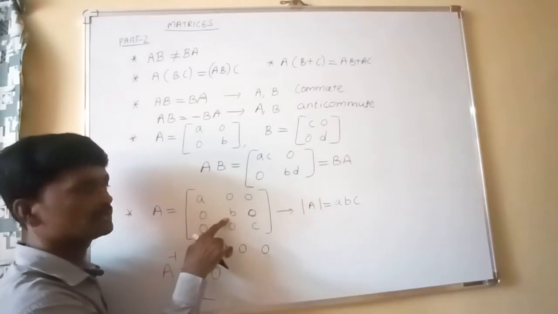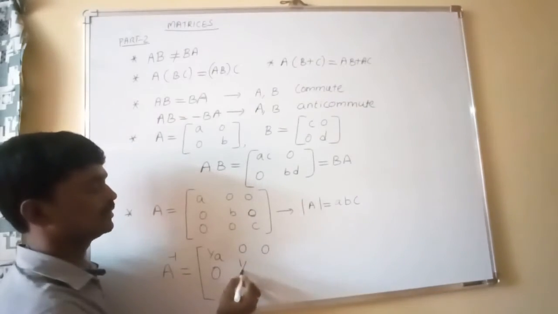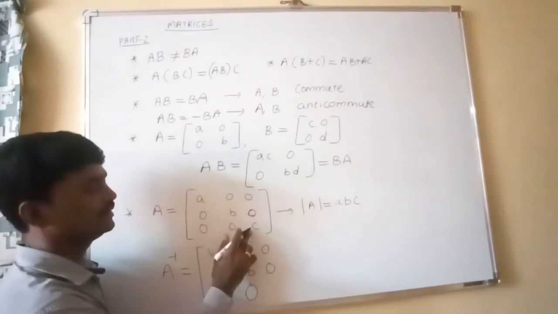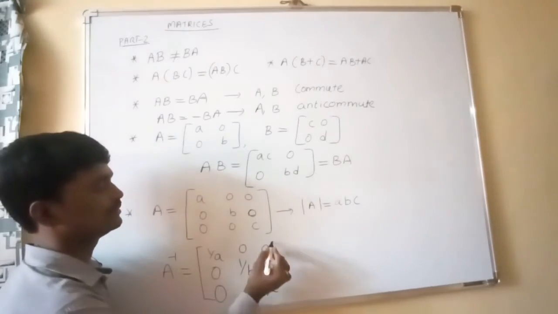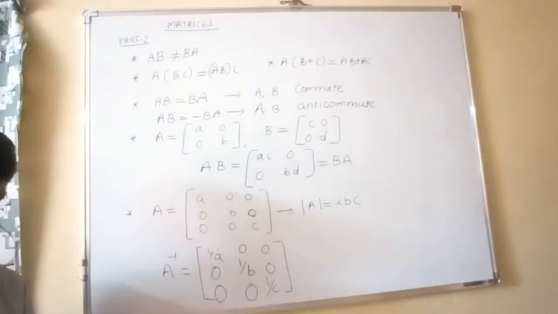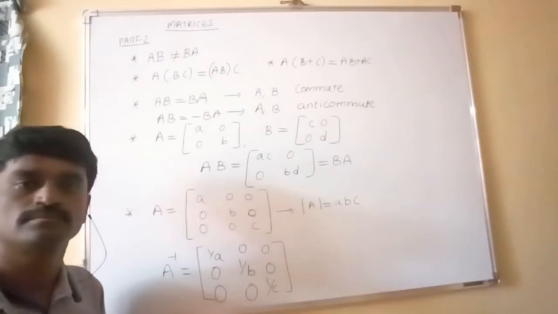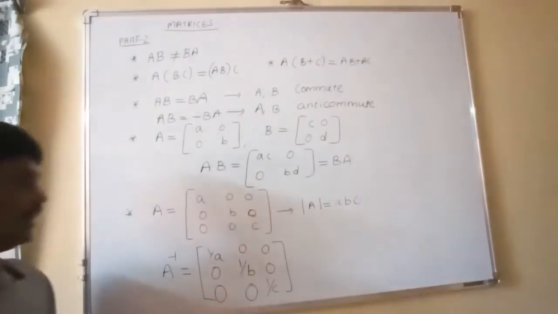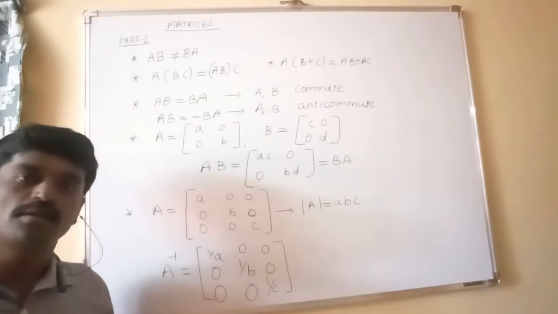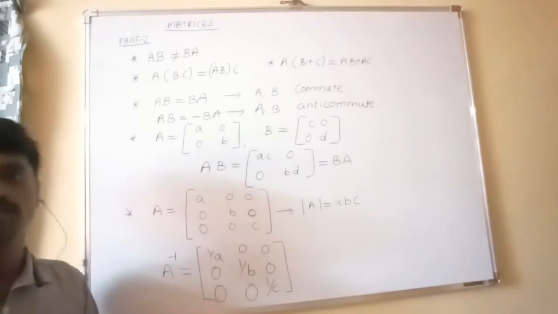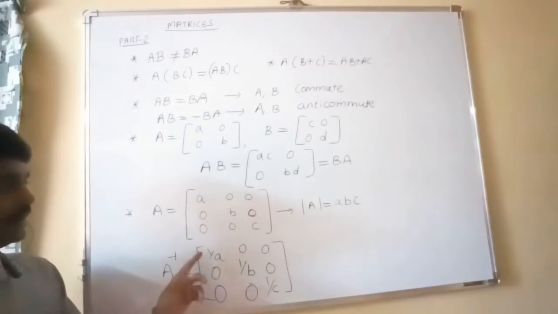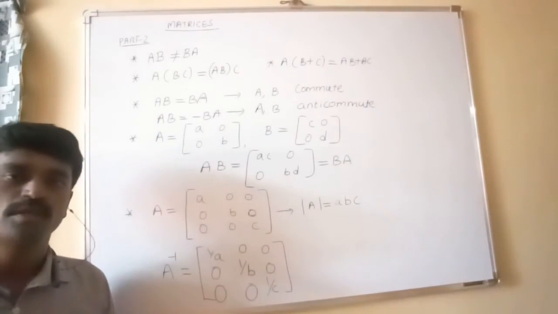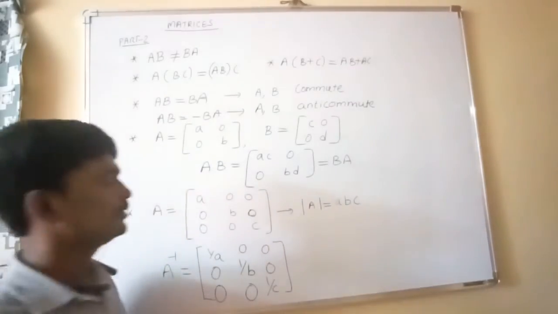Here the next diagonal element is b. Take its reciprocal, 1 by b, 0, 0, 0. Here c, reciprocal, 1 by c. That is the A inverse. Suppose the determinant of A is not equal to 0, then A inverse exists. So that means the inverse of a diagonal matrix is also a diagonal matrix. Here the diagonal elements are a, b, c, and here the diagonal elements are the reciprocals, 1 by a, 1 by b, 1 by c. And if you want to find adjoint A,